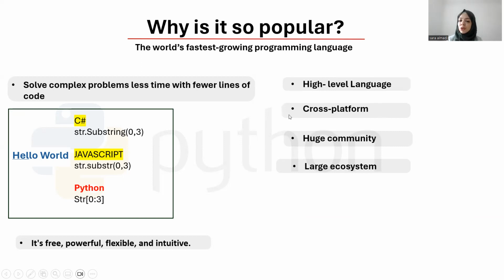Cross-platform. When we say cross-platform, that means Python applications can be deployed on different platforms such as Windows, Linux, or Mac. Huge community. As we just said, Python was released in 1991, so it has been used for over 20 years. There are so many people who are experts in Python. Let's assume that you have faced a problem; you can share it and find someone to help you. So it has a very huge community.